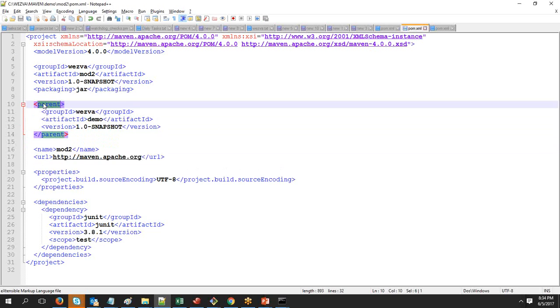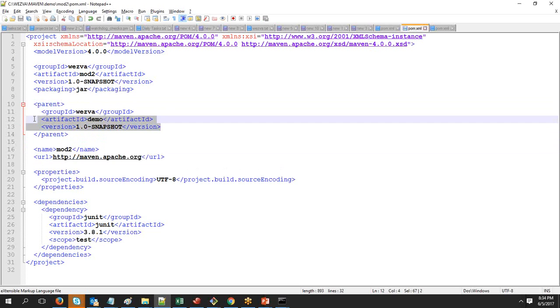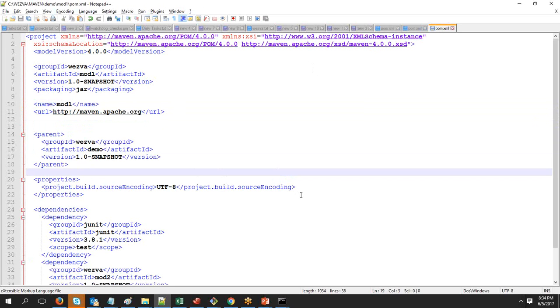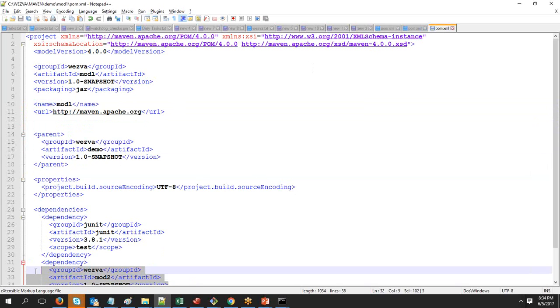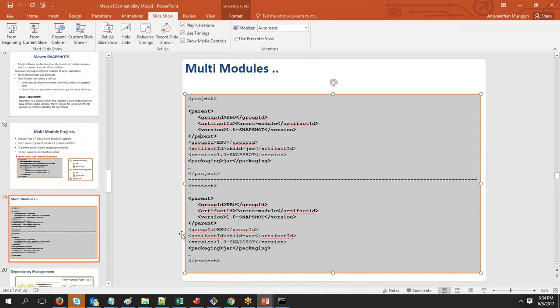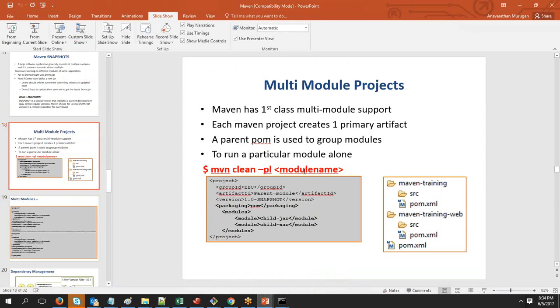So you see, the keyword is changing, but everywhere you are going to refer to the same GAV. Even for the dependency, you are going to refer to the same GAV. So GAV is the only way you track or identify a project in Maven. It could be a plugin or it could be a project. Anything that you are trying to refer to in Maven as a project will always be referred to by its GAV. Getting it? So now, let's say I want to build only a particular module, then rather than going inside,